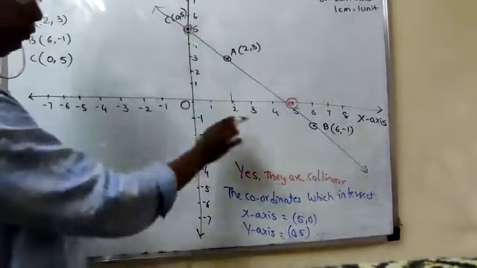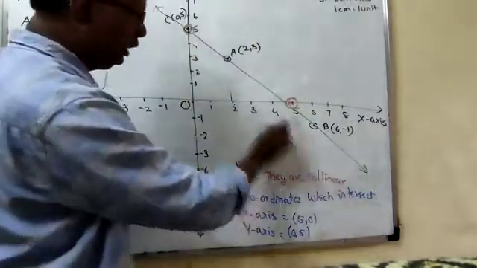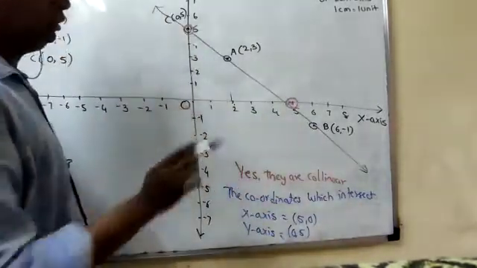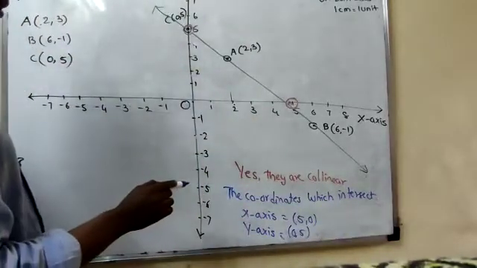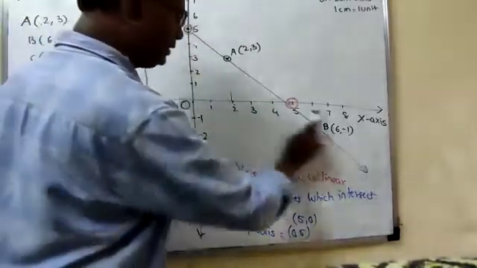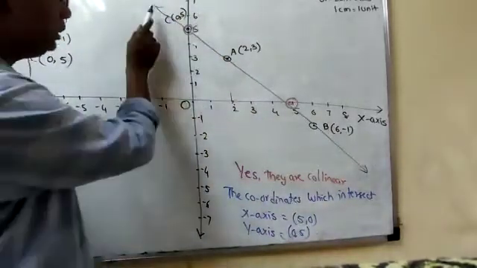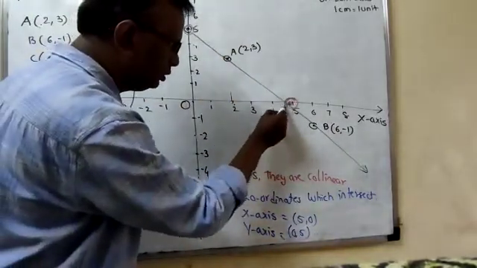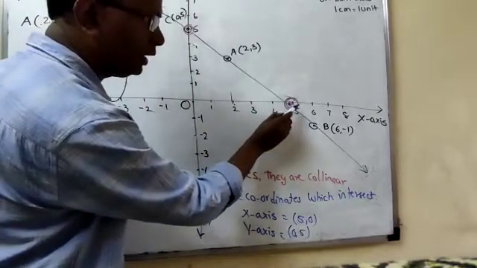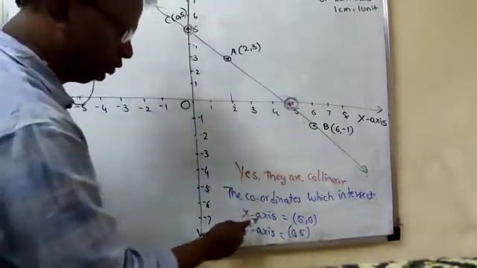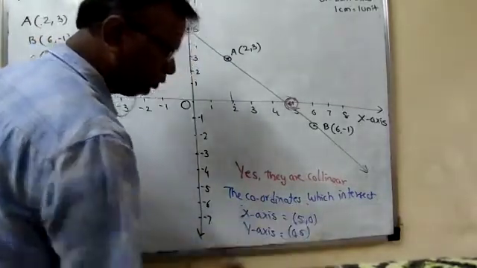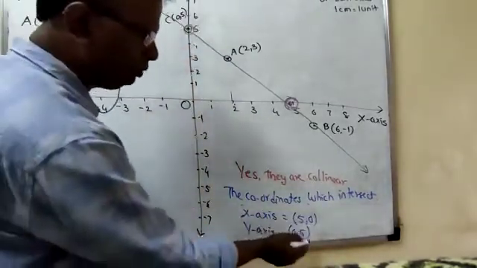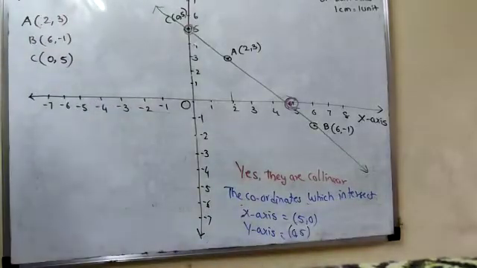First you have to plot the points. After plotting the points, draw the line. If all the points come in one line, then we say the points are collinear. If they are collinear, then this line intersects the x-axis and y-axis. What is the coordinate? So this line intersects where? X-axis. What is the coordinate here? 5, 0. X-axis means y coordinate 0. So the coordinate which intersects the x-axis is 5, 0, and the y-axis is 0, 5. That's enough. Any doubt, students? Go to the next question.